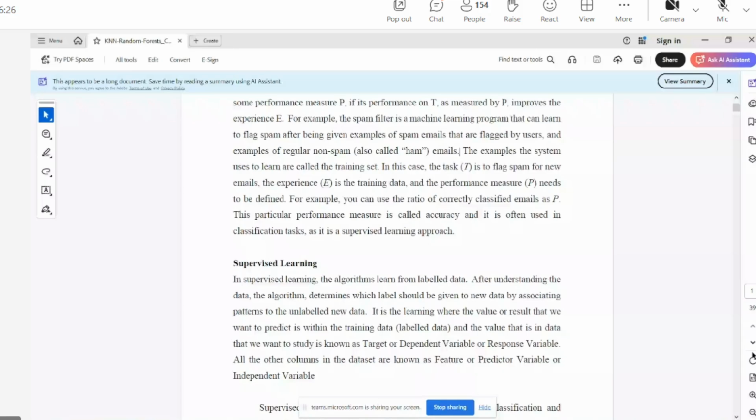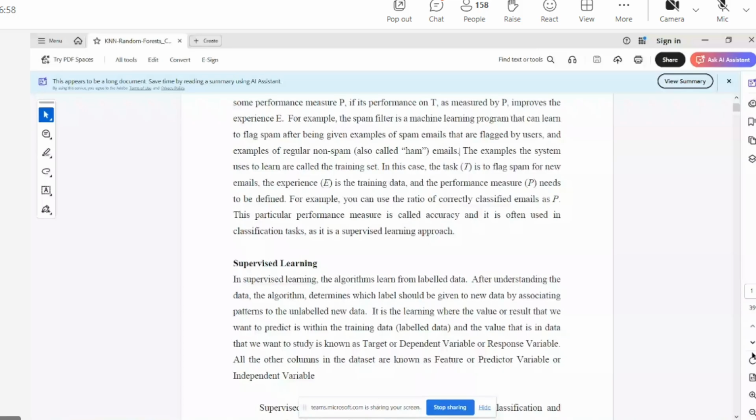The weather is very, very hot outside and it is having bright sunshine. The temperature is 40 degrees Celsius. So these three are independent variables. But based on these three, there is one more column: yes, you can play, or no, you cannot play. So there are some records with 4 columns.